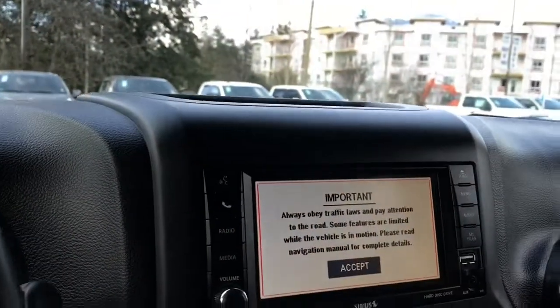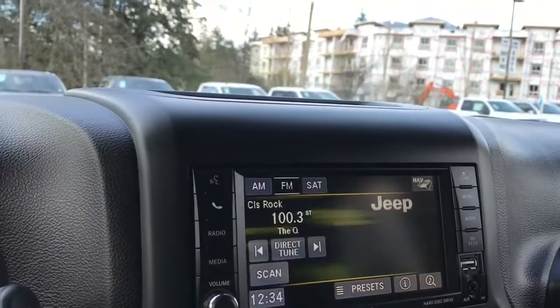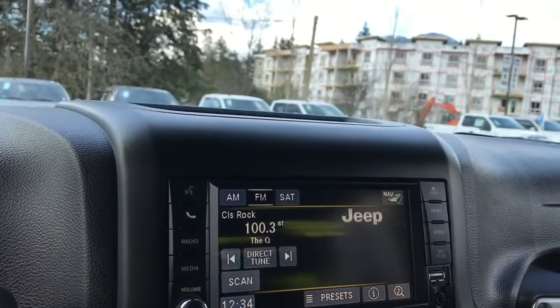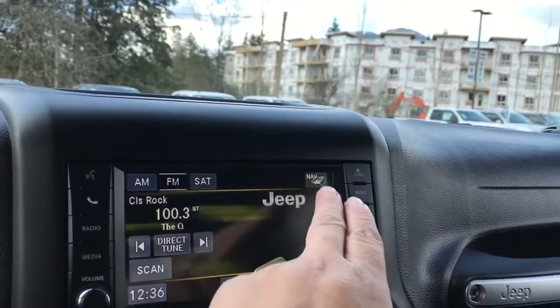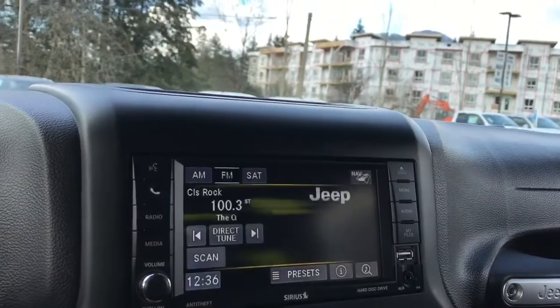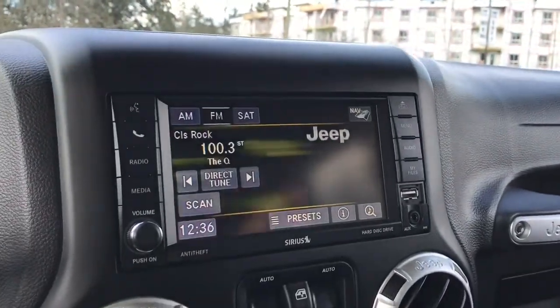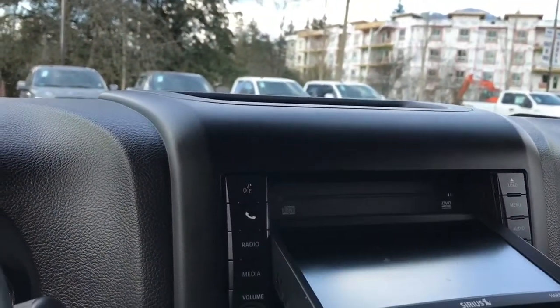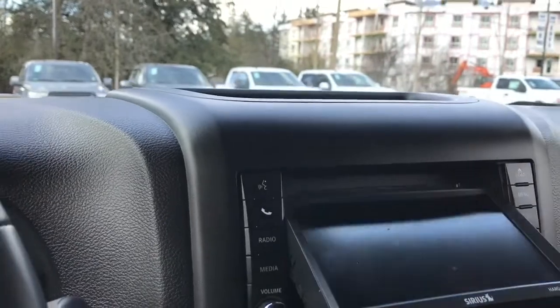And in the center you have a display screen. I'm just going to touch on there. You have your radio with AM, FM, satellite radio, as well. You've got navigation at the top, and you can touch on that. You can hide it as well, and then you have a USB outlet as well as auxiliary, and then you can load if you want to put in a CD because you have AM, FM as well as Sirius satellite